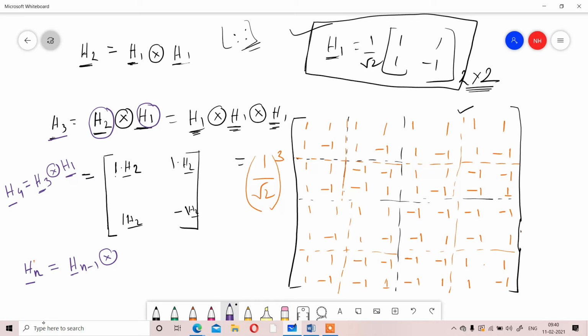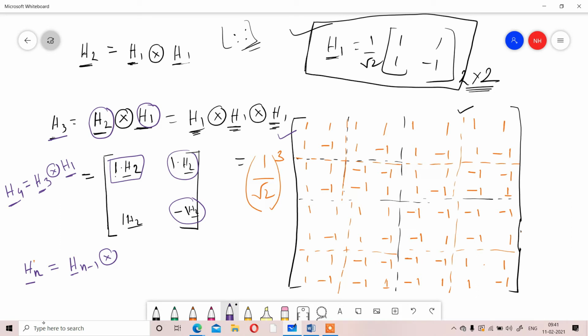So we'll write H1 and all the 1 will be multiplied to that matrix. So for H4, that 1 will be multiplied to that matrix, means that position will consist that matrix H3. That position will also consist H3. That is also H3, and that will be represented by minus H3. Means all the sign will be changed. So that will be your H4. So that I am not designing because it will be very large.